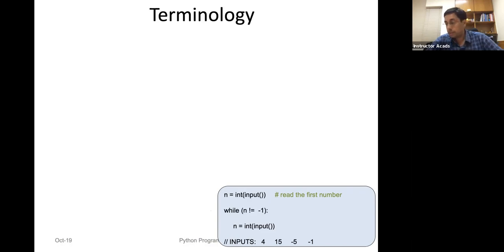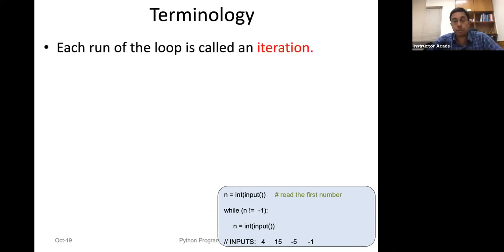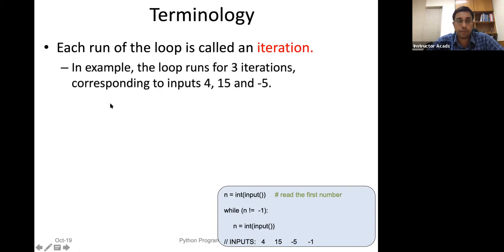Now, okay. So now let's look at some terminology related to loops. Each run of a loop is what is called an iteration. And in the example,